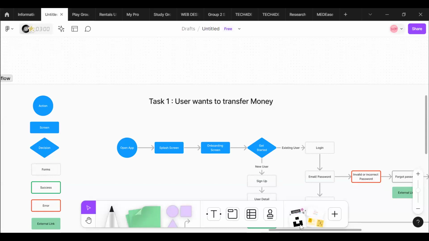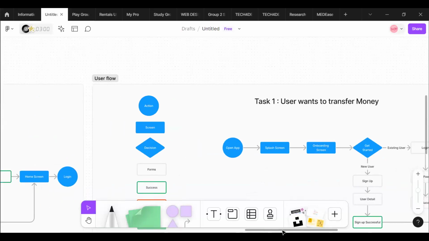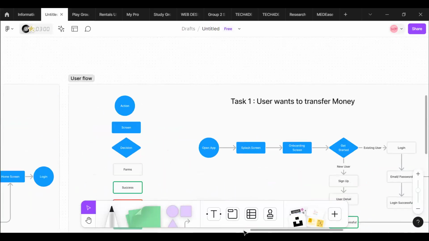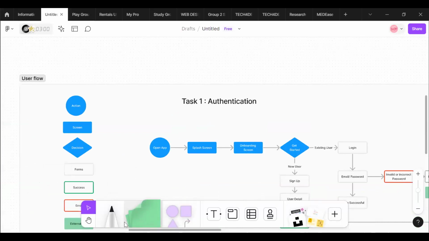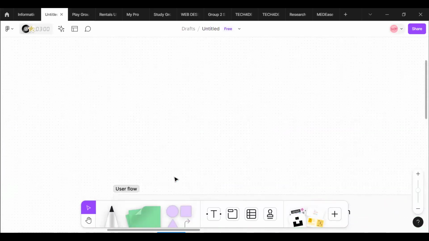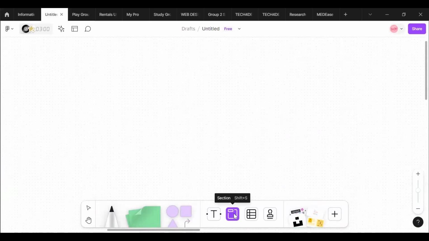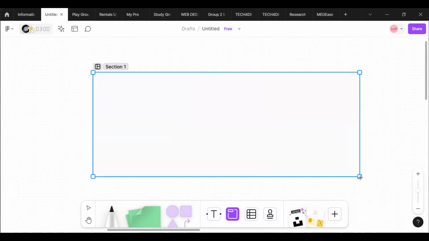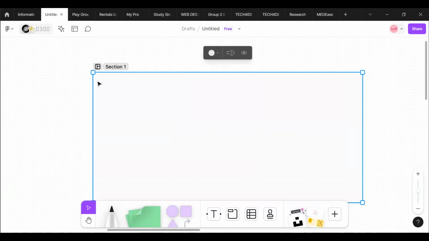But I would like to introduce us to wireframe.cc. So we use FigJam and use wireframe.cc to create our wireframes tonight. So I'm just going to take a frame. I'm going to call these